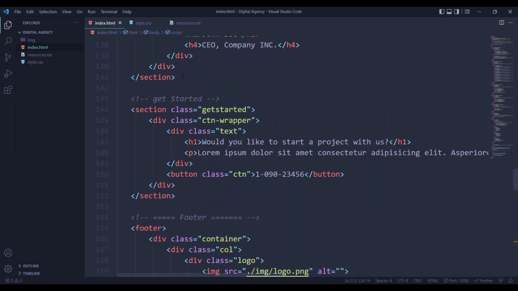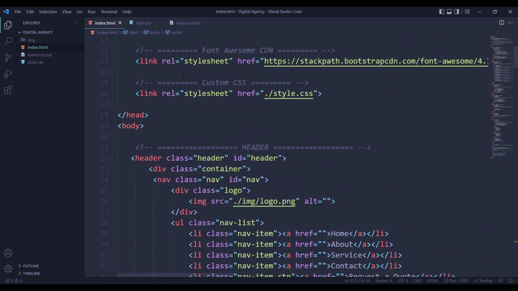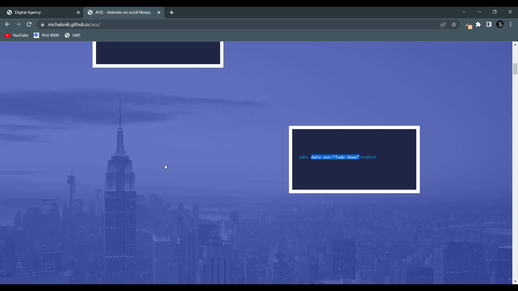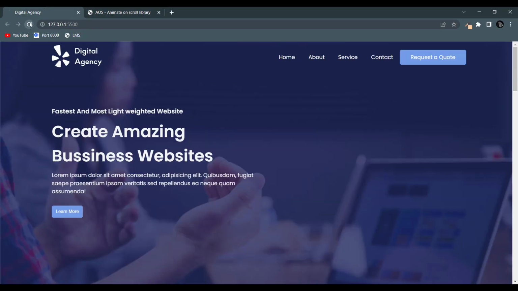and I want that for the header content. So I will navigate to header content, and inside this div I will add data AOS and the animation name which is fade down. Now you can see inside our website, if I refresh you can see our beautiful animation